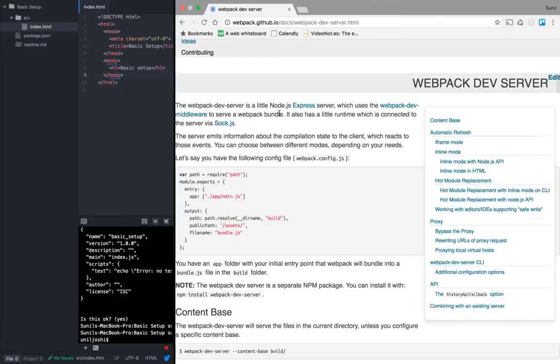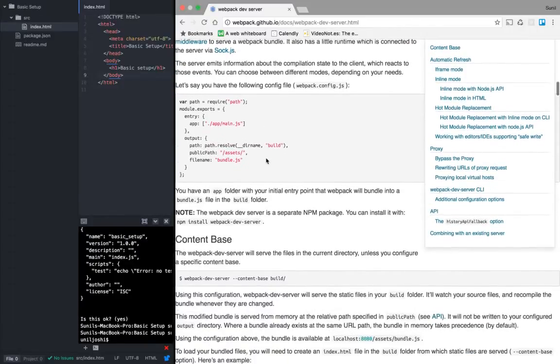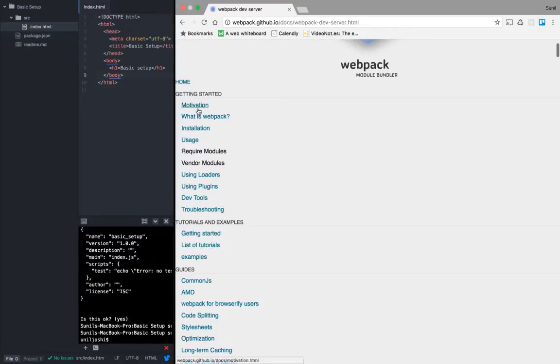And the Webpack dev server is going to help us transform the Webpack bundle as such, so that it serves us both ways, right? That is why we are going to go with Webpack. And it is telling us to go ahead and install it first. So let's go ahead and install Webpack.